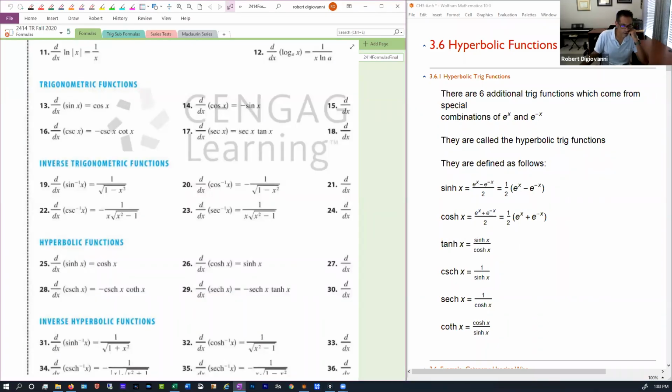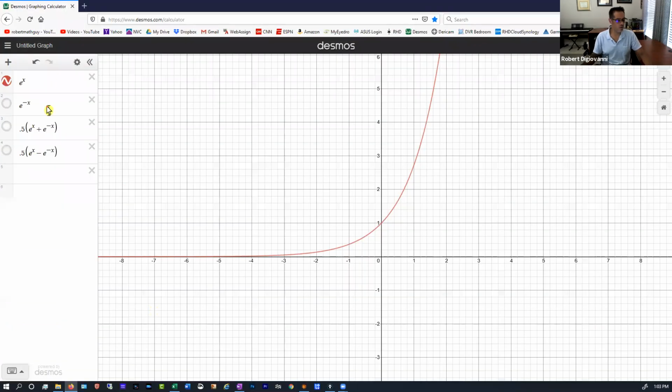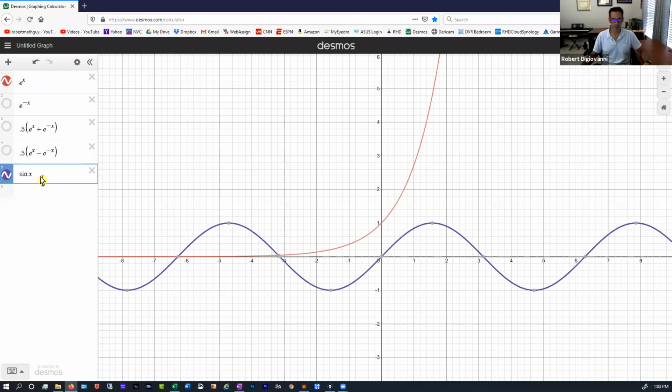Okay, so let's go ahead and jump into hyperbolic trig functions. And I thought I'd start this with some graphs. So as we know, when you take your standard sine function, there you go in purple, the sine function when